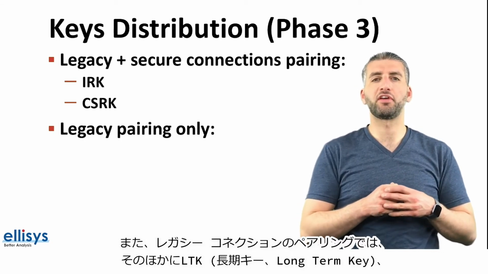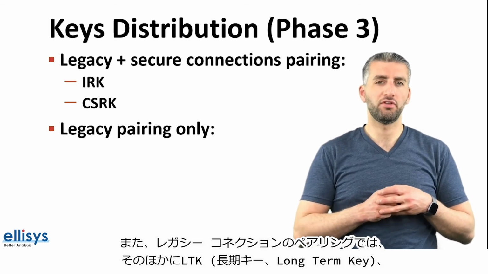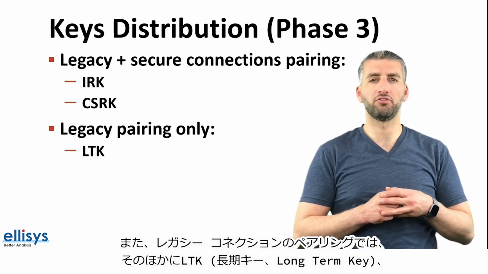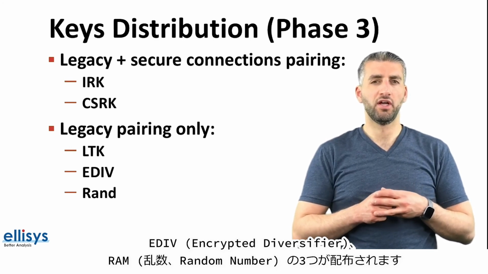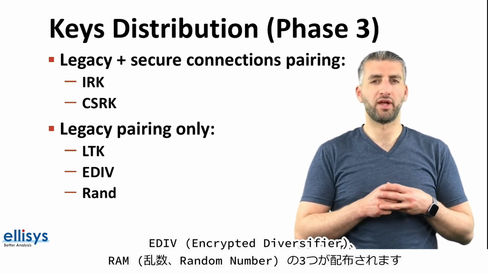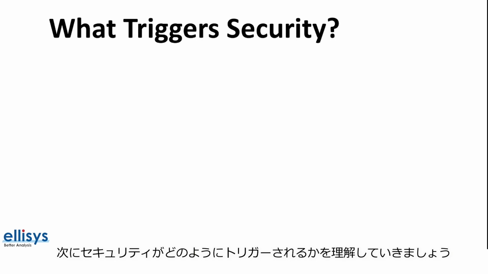In the case of legacy connections pairing, there are three other values that get distributed. These include the long-term key, or LTK, the EDIV, or encrypted diversifier, as well as the random number, or RAND for short. Now that we've covered the details of each of the phases of the security procedure, let's understand how